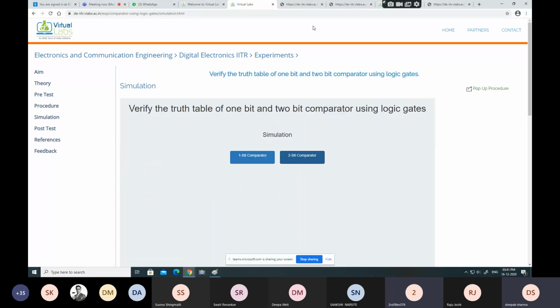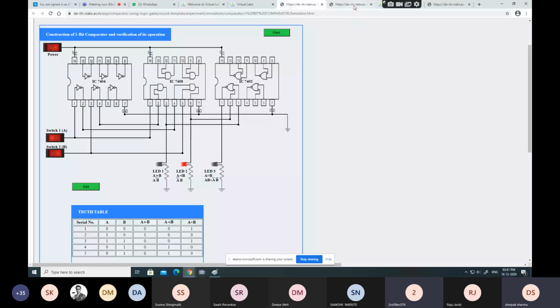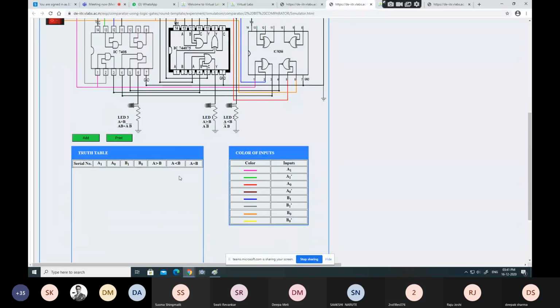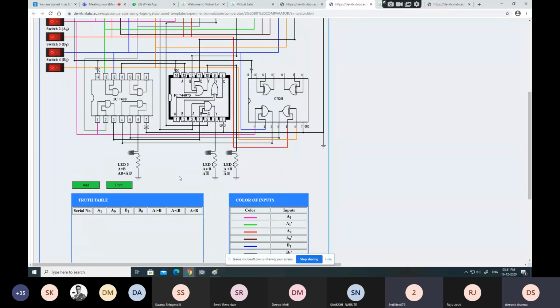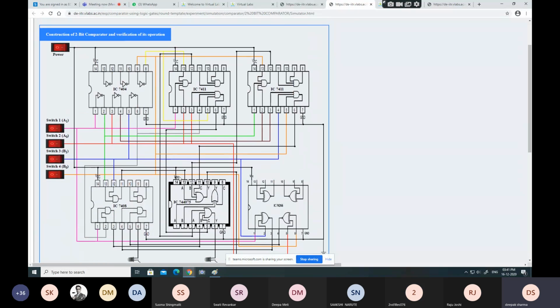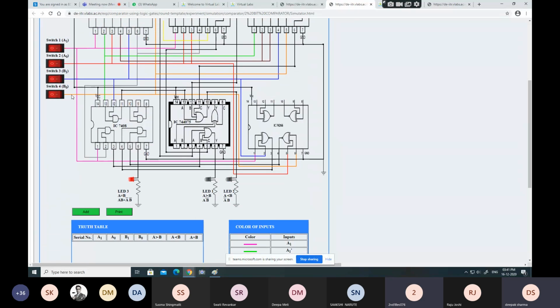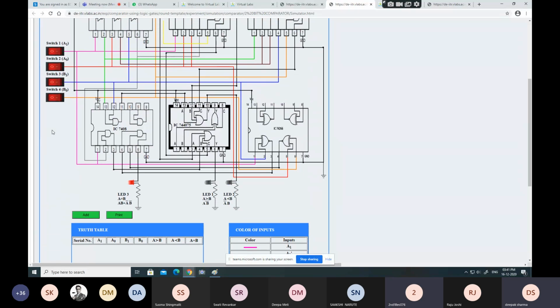Yes, sir. So here we'll be seeing the output for the 2-bit comparator now. This is the circuit. The connection is already done. We'll power on the circuit, and then we will look at the different combinations. So here we have all zeros. Already A equals B is high, and these two are low. Let me change it. Let me make A as